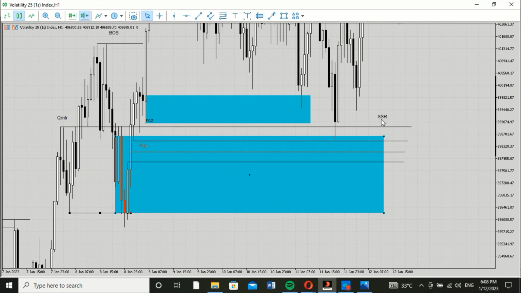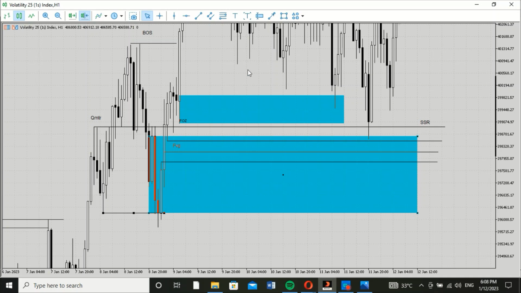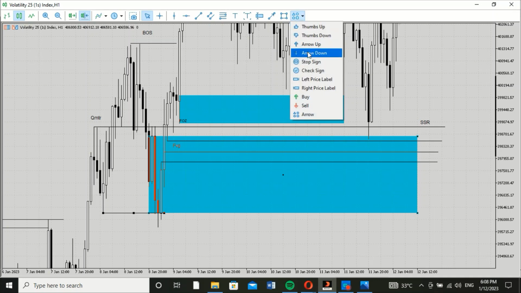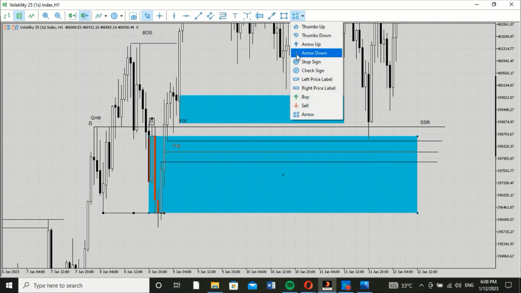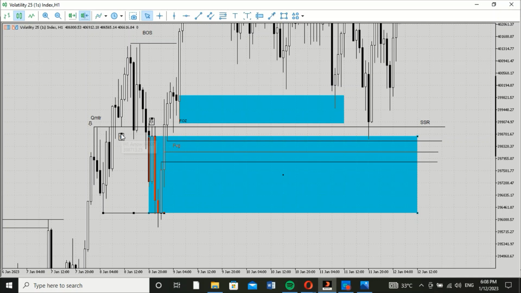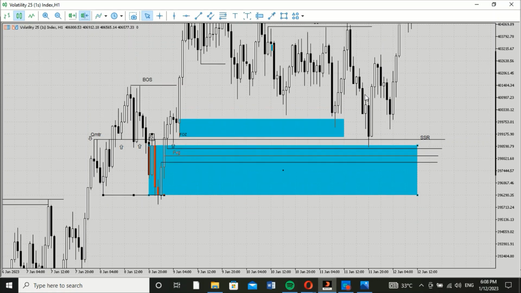My second confluence is SSR. What does SSR mean? It means a significant support and resistance. Now, how did I say it's a significant support and resistance? It is in line with my QML. We have resistance 1, we have resistance 2, right? Then we now have support. We have support again. We now have an extra support right here, right? So that's my confluence. I am not trading on order block if I do not have my confluence of QML